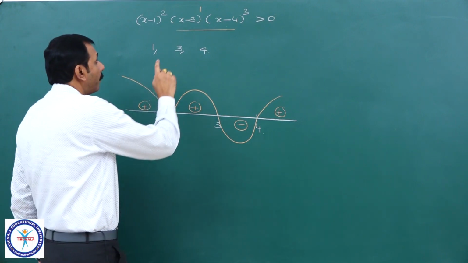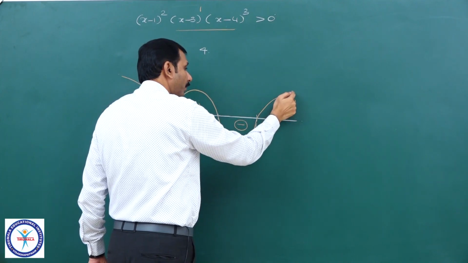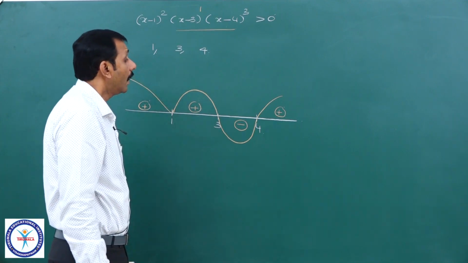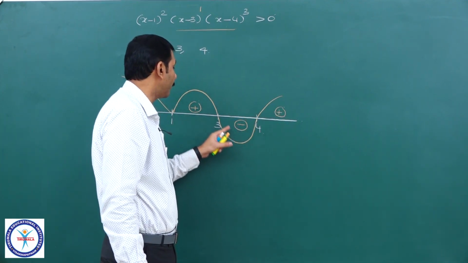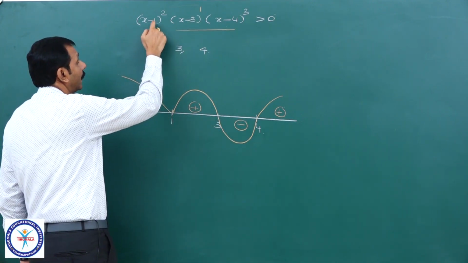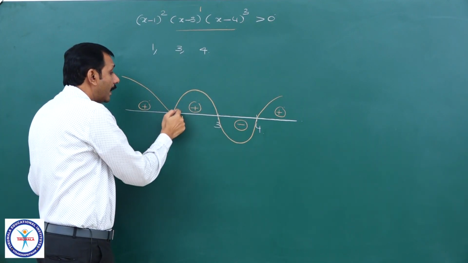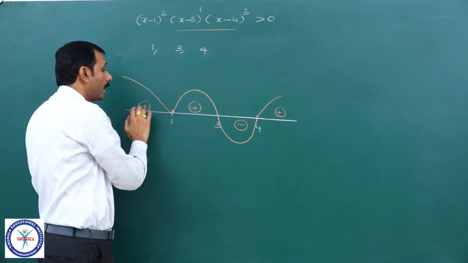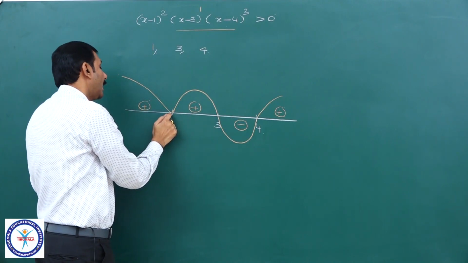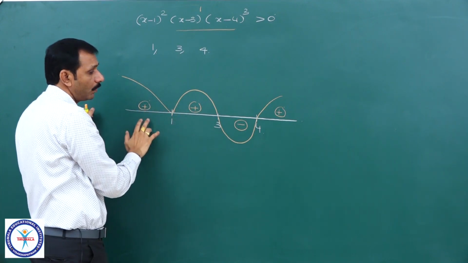So if you observe, if the power of that linear factor is odd, then when you draw that wavy curve, it crosses the x axis, and it will move from positive to negative or from negative to positive. Whereas if the power of that linear factor is even, then that wavy curve will remain on the same side of the x axis. Once it touches the x axis at that 0, it will again lie on the same side only. That is, positive remains positive, negative remains negative.